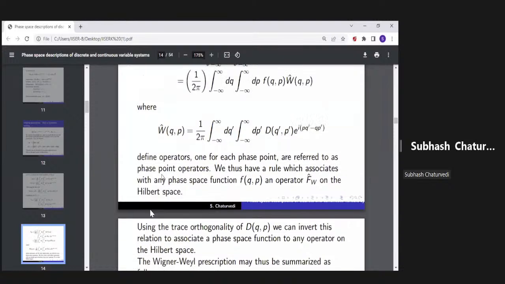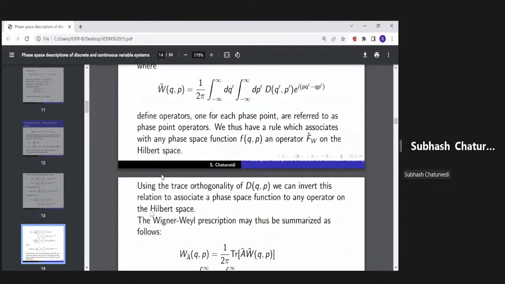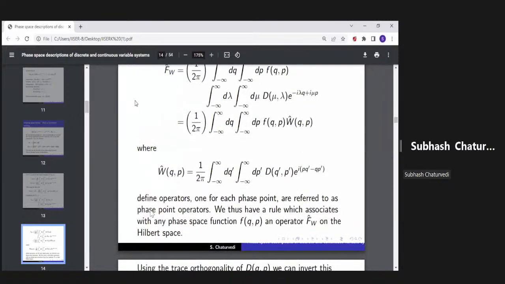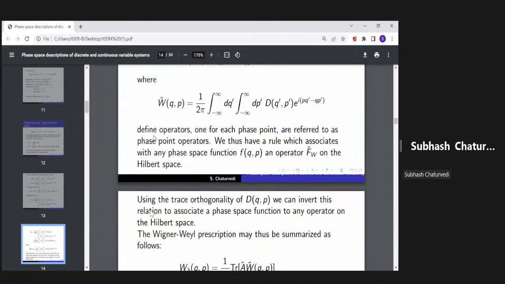Now, using the trace orthogonality of dqp, we can invert this relation to go from an operator to its phase space function. So this is the whole idea. This is the whole strategy, and I will come to the summary of this